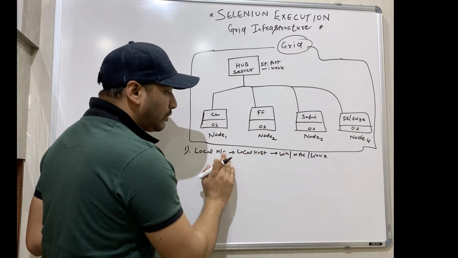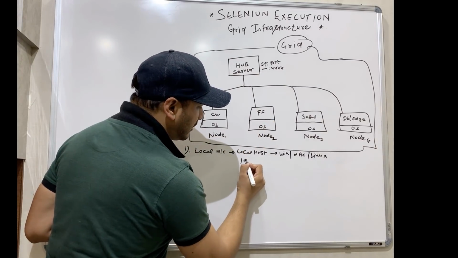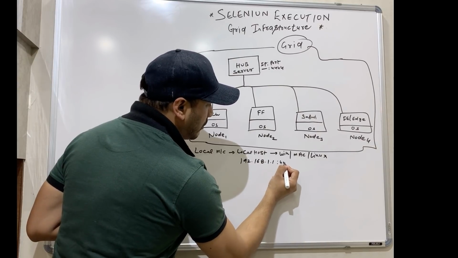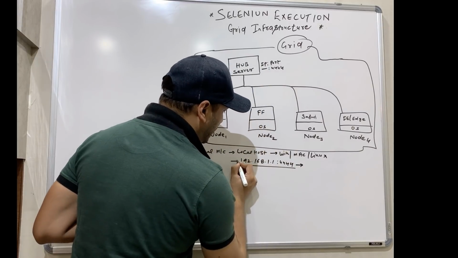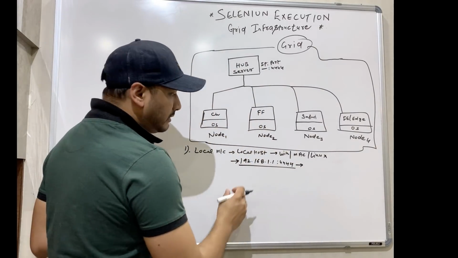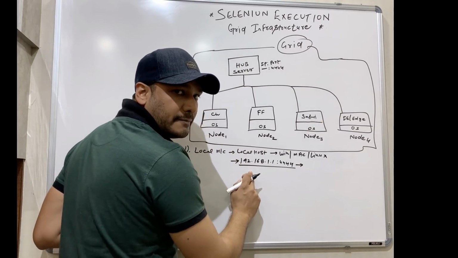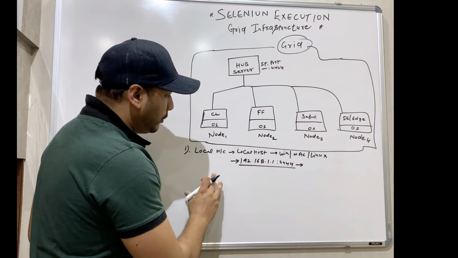It means it's having your own local IP address where the server is running. So let's say your IP address is something like this, 192.161.14444. It means you are running your server on this particular IP address. It means the entire team has to access this particular IP address in their code to execute their test cases. But will you prefer this?